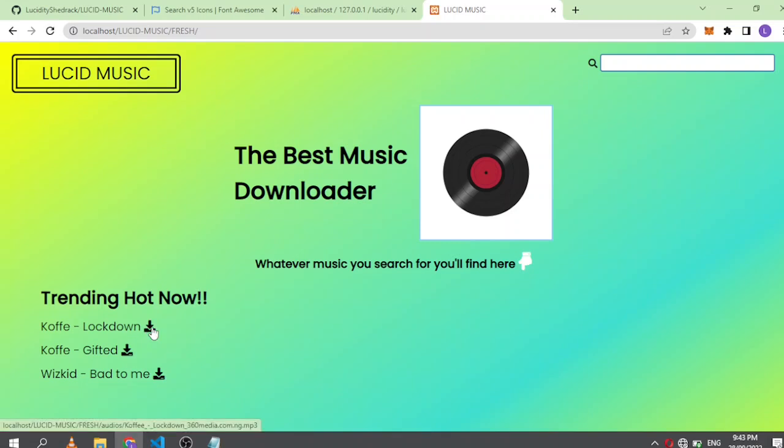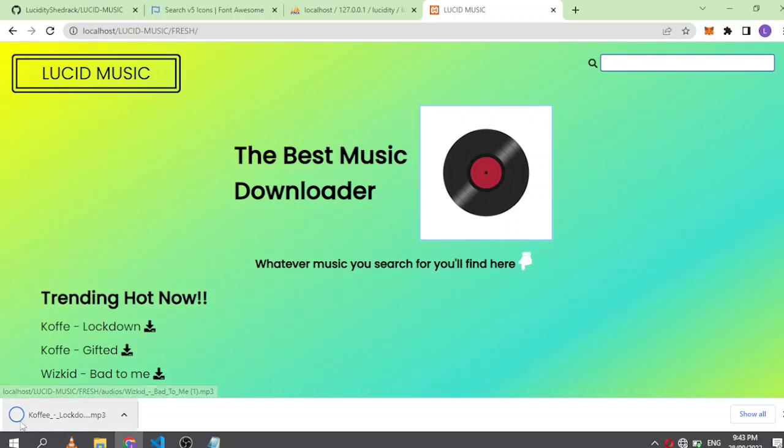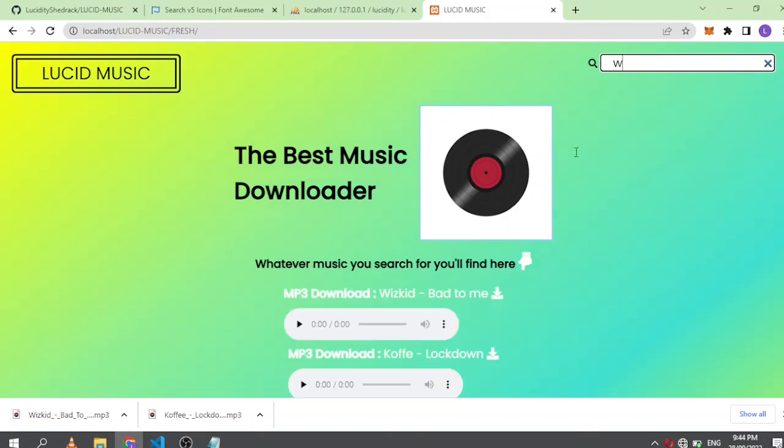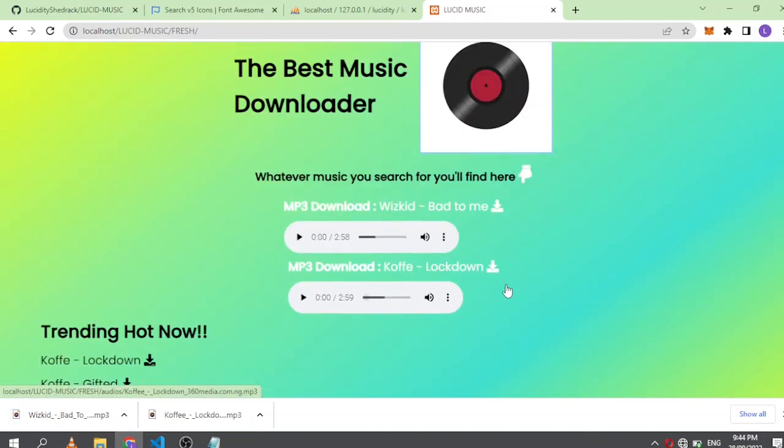Okay, let's try downloading once. Alright, it did download. It downloaded as we wanted it to. If I try to download Whiskey Back To Me, you can see it's saved as Whiskey Back To Me. It's dynamic now, and if I search something here, what am I getting? Okay, there's a lockdown, there's W in this lockdown. You can see our SQL query is working fine. And then